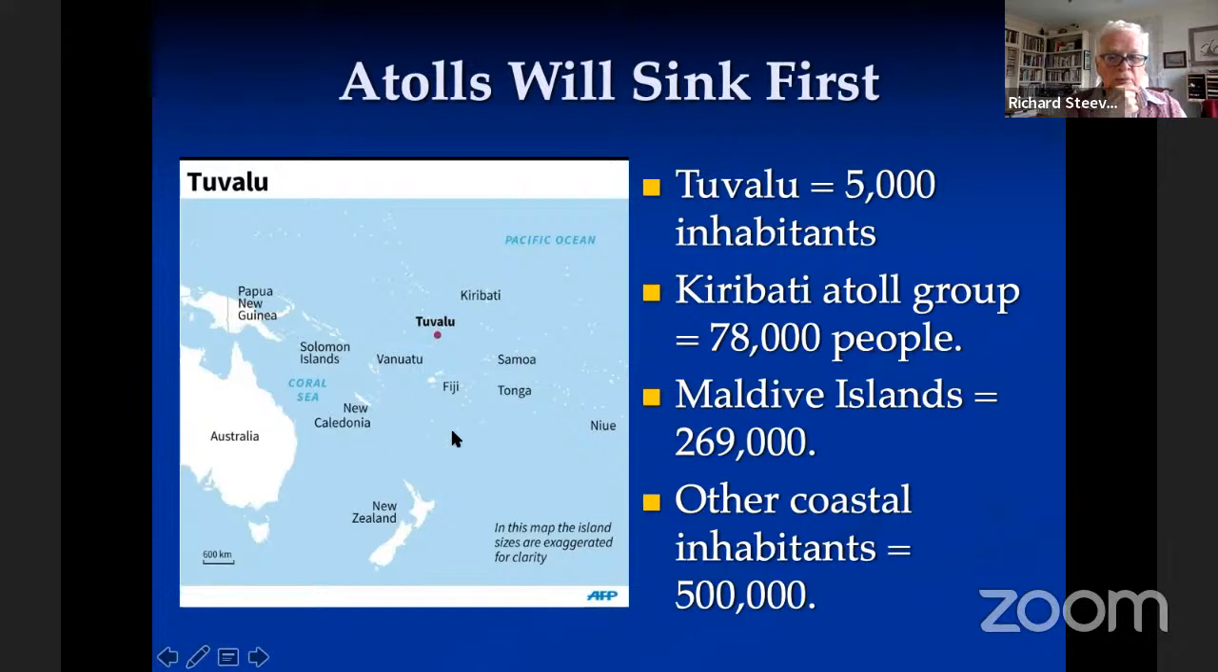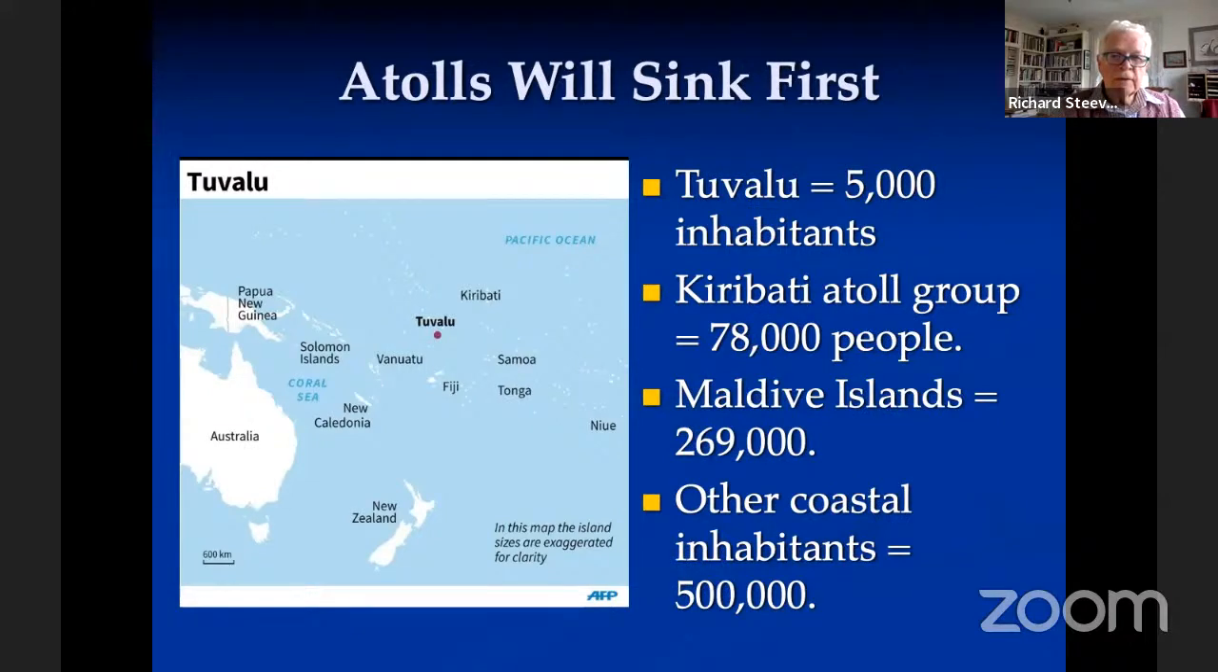And it was a fascinating trip where people even back in 2010 were getting concerned about ocean rise. But they have 5,000 inhabitants on there, and Kiribati has a lot more, 78,000 people in that whole atoll group. Maldives over in the Indian Ocean, 250,000 people, and other coastal inhabitants come to 500,000 people. So it's a lot of people who will sink and have to move. They say that already the young people are leaving these islands, and the only people who are staying are the people who just can't, or are too old to move, or for one reason or another just don't want to